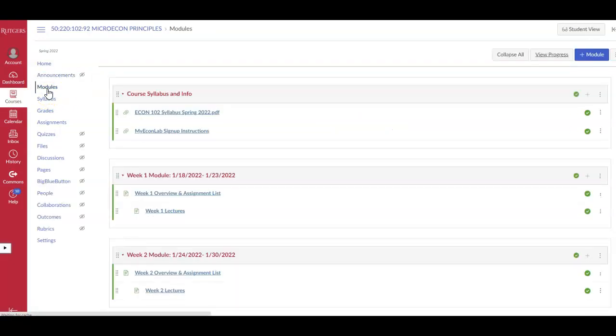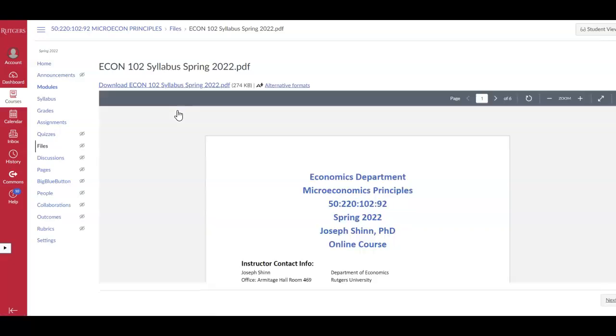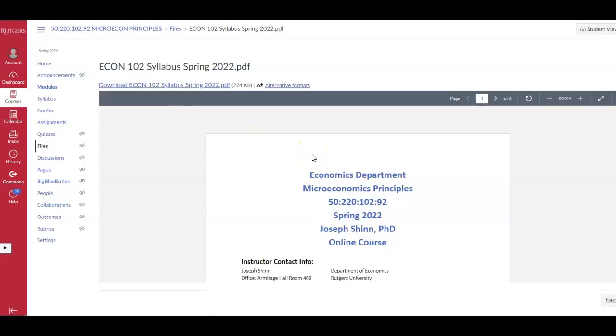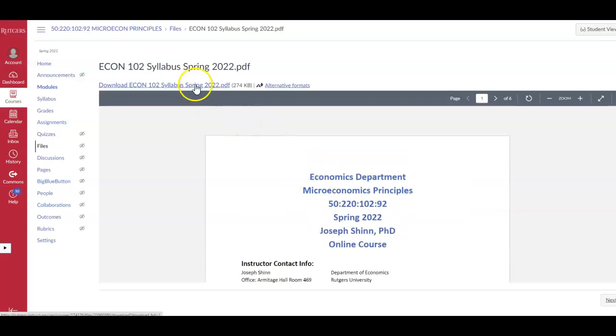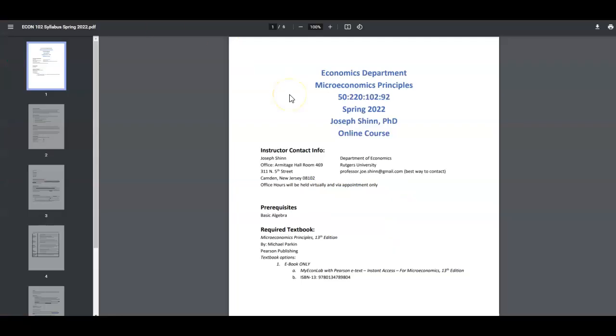If we go into the modules here, the first one you're going to see is course syllabus and info. If we go into the syllabus, you can either view it in here, or if you click to download it, you can download it that way. Let's look at it there, it's a little bit better.